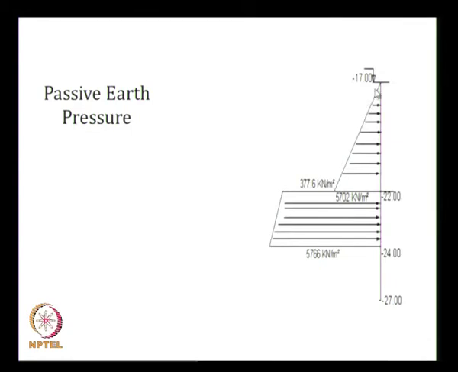This is the passive earth pressure on the sea side for the diaphragm wall from minus 17 up to minus 24. Though the soil profile is there from minus 17 to some 29 or so, we will be stopping the diaphragm wall somewhere here, so we have drawn the passive pressure diagram only up to this. It starts from 0 here because the overburden pressure is 0. Ka gamma h minus 2c, Ka gamma h will be 0, there is no overburden pressure on the sea side, that is why it starts from 0. Then we have two values here, this is a sandy soil, this is a rock.